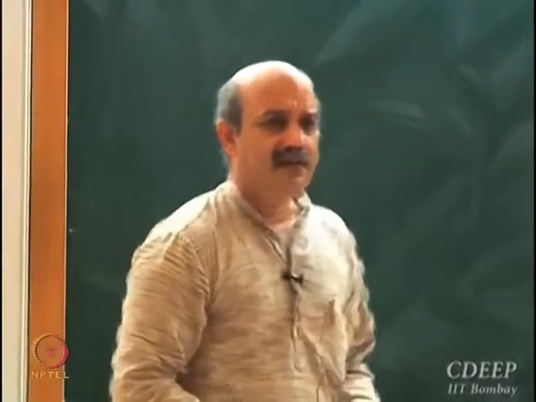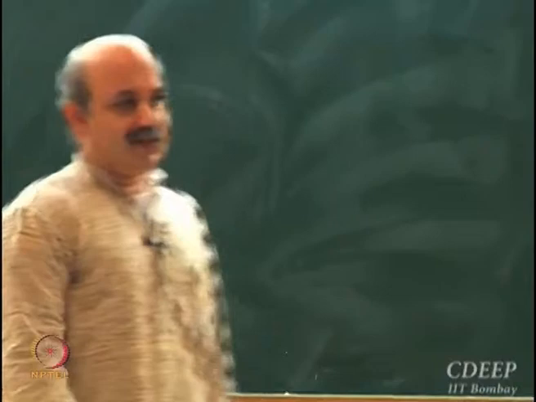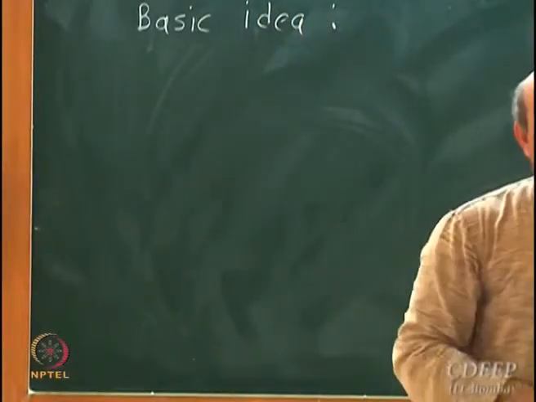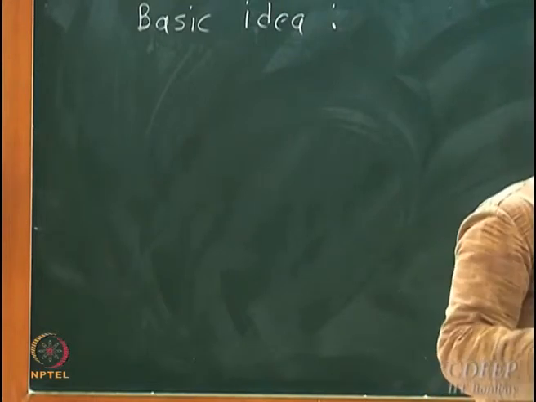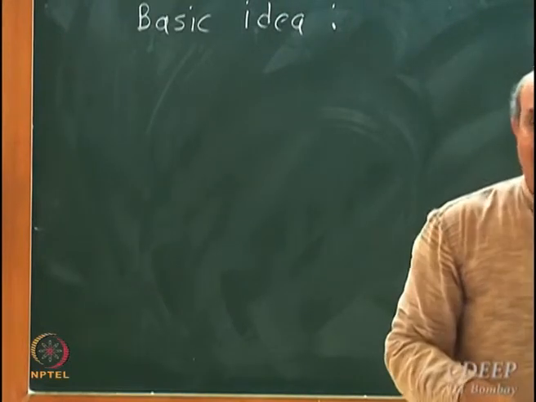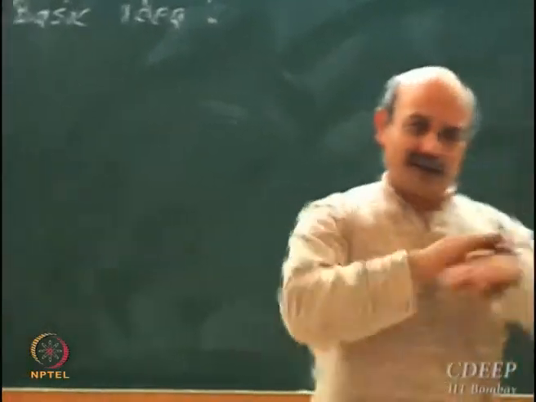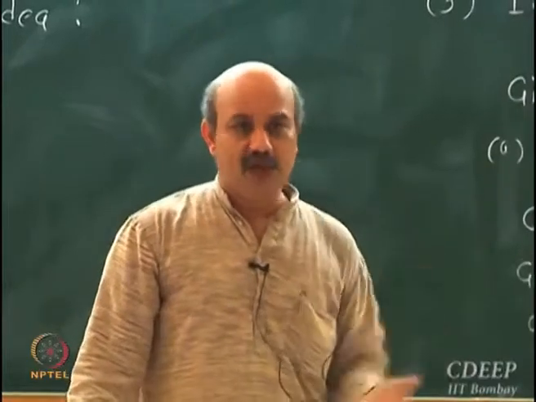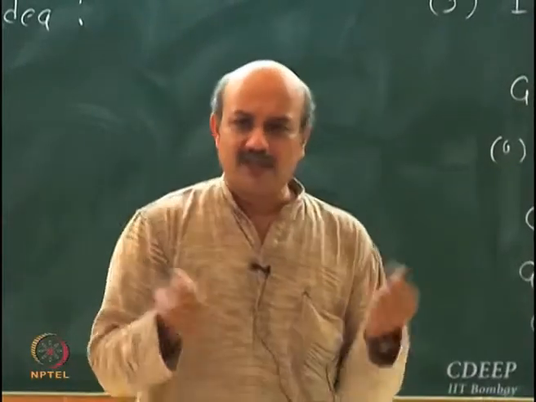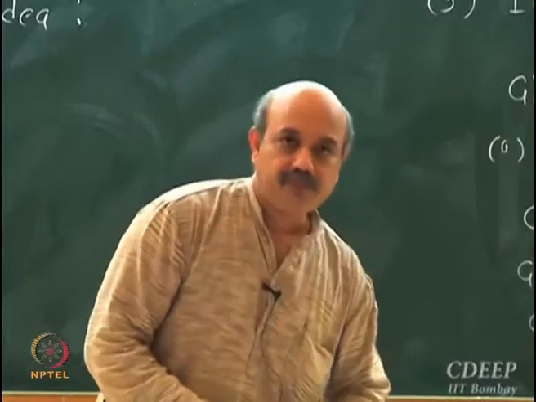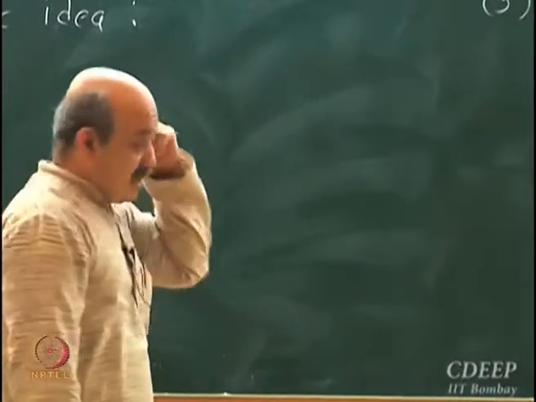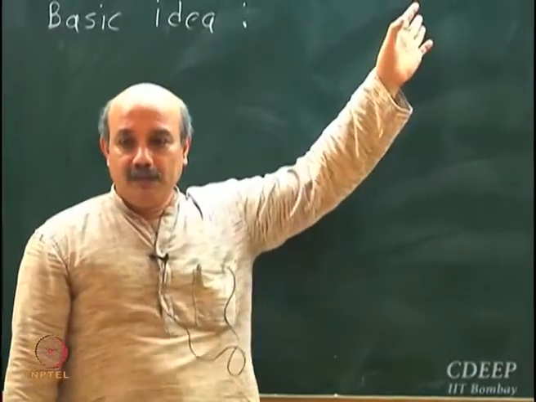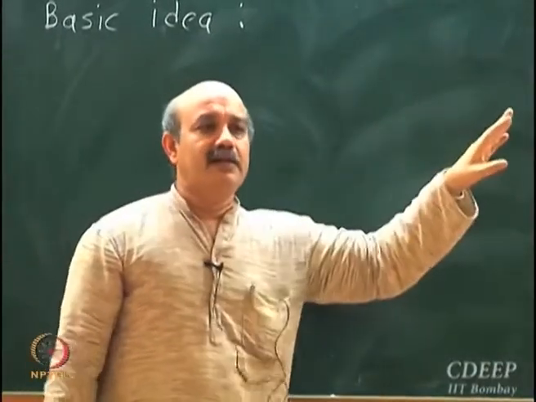Okay, so what is the trick? What is the basic trick? If you ask me to distill out one basic idea which is used to do these transformations from T to T hat, cutting across all the methods for boundary value problems, for partial differential equations, for all kinds of things, what is the one trick that is used? Well, if you ask me to sum it up, I will say that it is to approximate a function by a polynomial. That is an underlying trick.